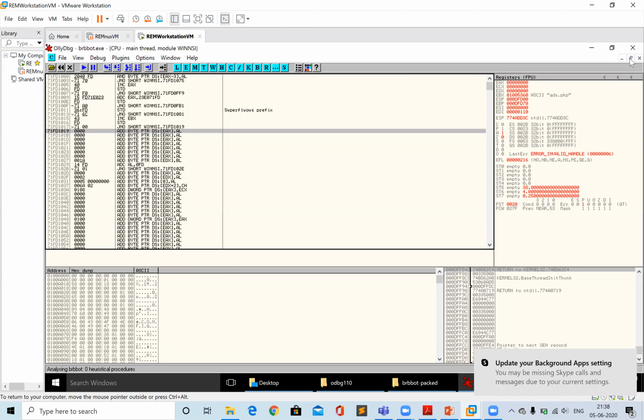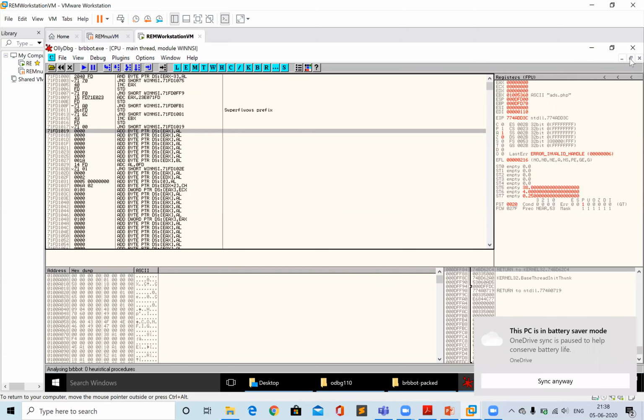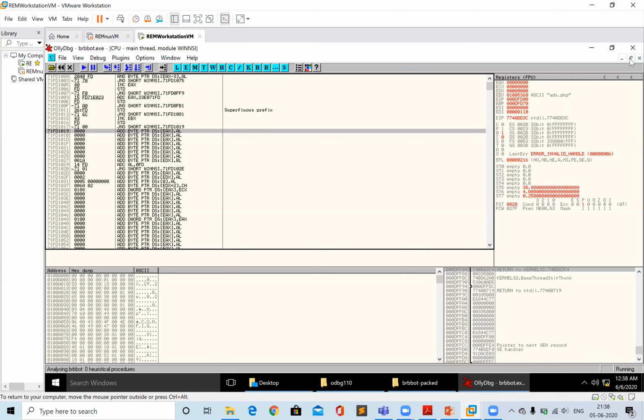But for a scenario where you are facing a packed version of a malware, you can utilize this technique, seeing the memory map and viewing it in the disassembler, just to get an overview of what things this malware is doing.